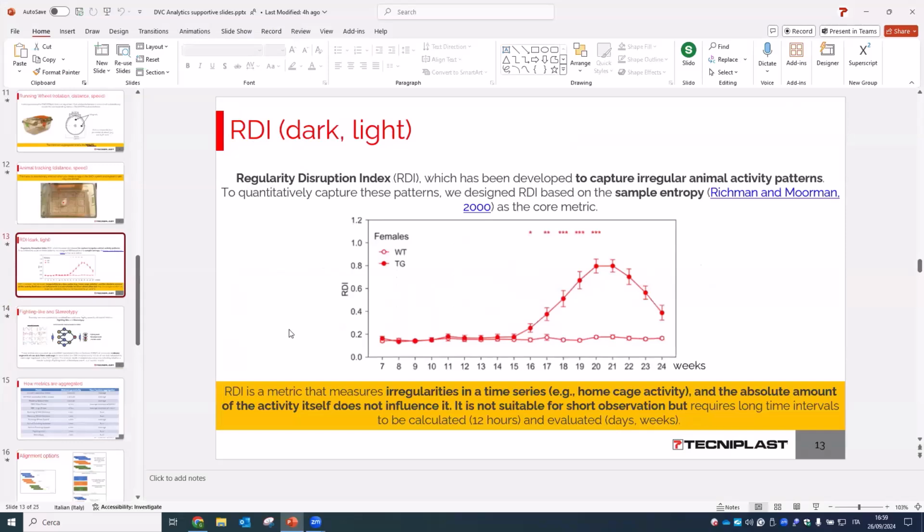Basically, if the animals, especially in the circadian pattern, in the daylight or dark period, rest and wake with very, very regular activity, the RDI is 0. If they start having very irregular awake and resting phases, meaning the activity is not really regular, this RDI increases. We discovered and validated with several papers, especially in neurodegenerative disease studies, that there is a circadian disruption